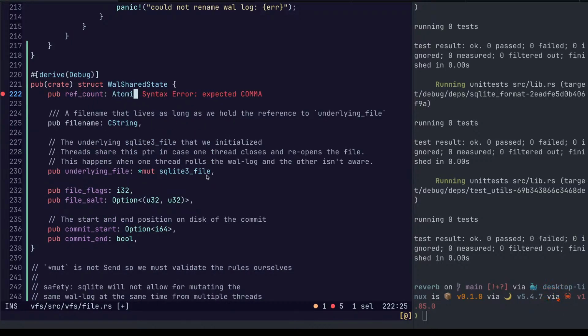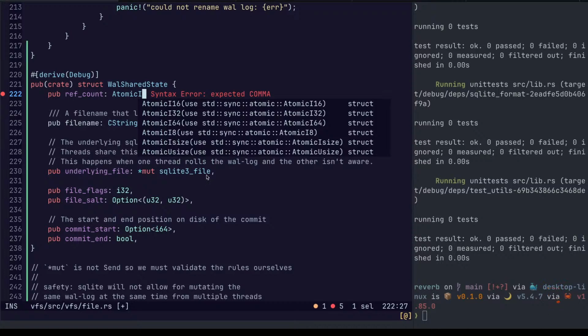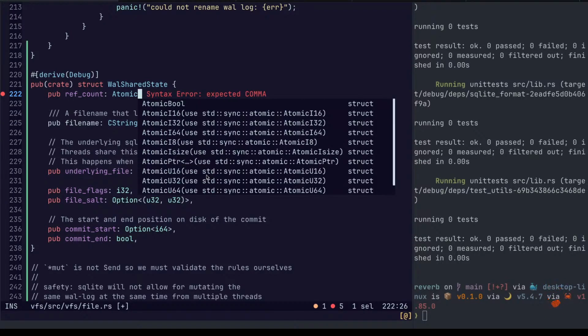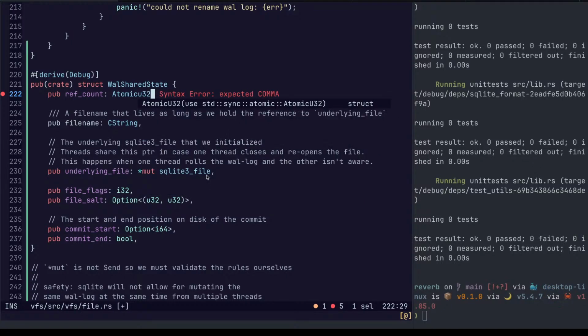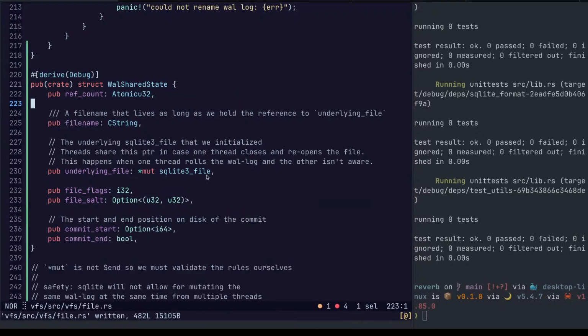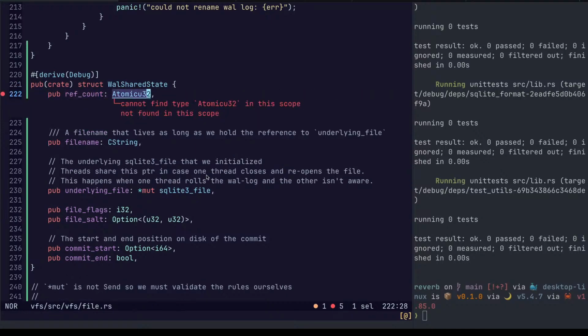Ref count. Atomic int. Atomic, I don't know. It doesn't need to be very big. How many threads can you have on a box? Atomic U32. There we go.